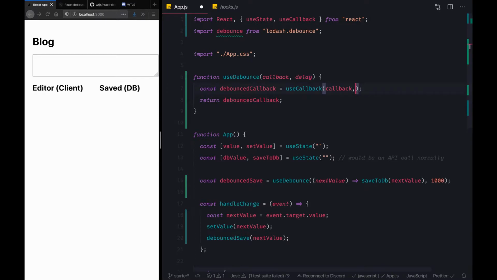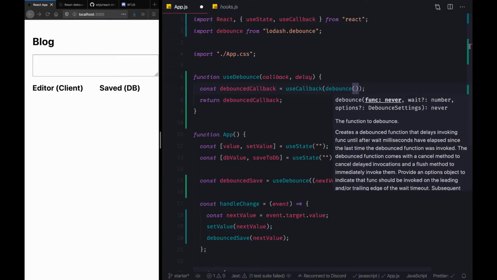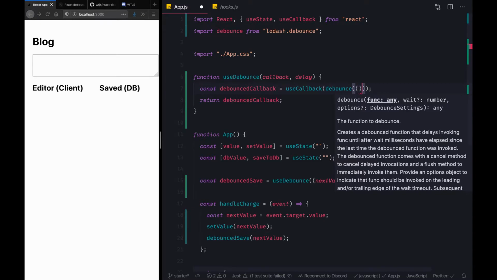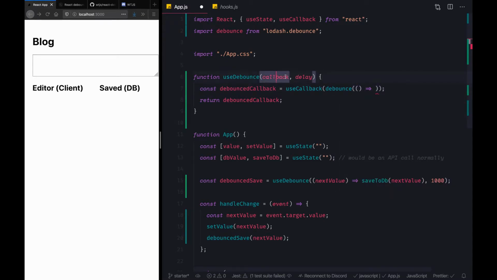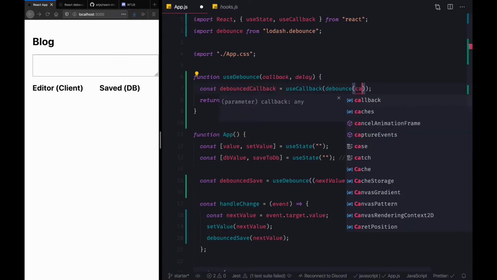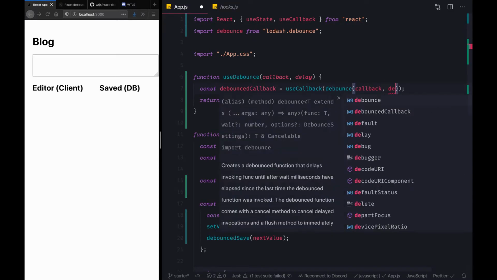Sorry, this would actually need us to use a debounce, and it should accept a callback function here, which is what we passed here, and this is what we actually want to debounce. So the debounce function from Lodash should accept this callback and also accept a delay.